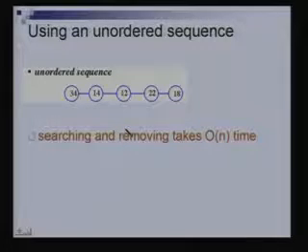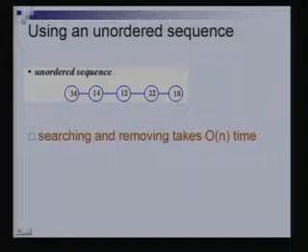Order n. Does everyone understand why? Right, because you cannot do anything else but to traverse through this list, and in the worst case you might have to go through the entire list, and so it will take order n time to search for a particular phone number. So, given a particular phone number, if you have to return the name of the person, you will have to take roughly order n time to be able to do that, right. And this is an unordered list, right. So, there is no